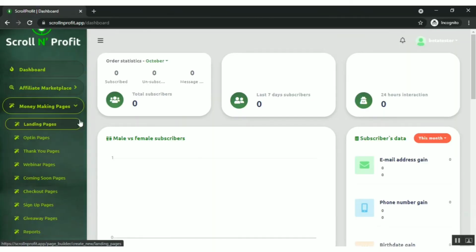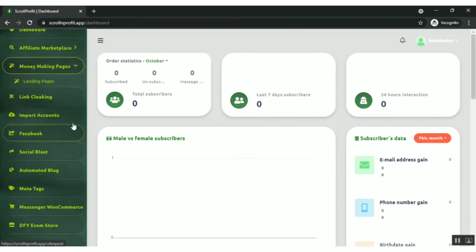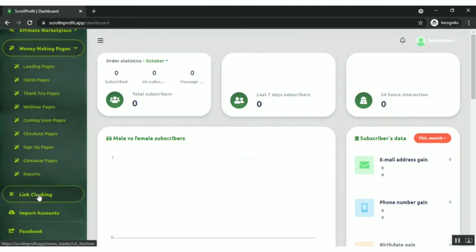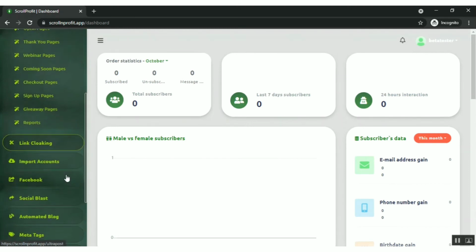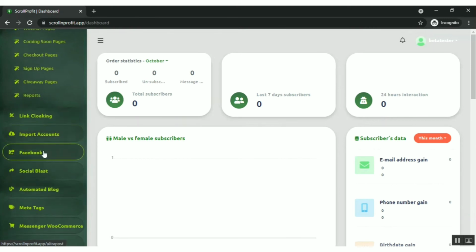You can customize them. So you can create landing pages, opt-in pages, thank you pages, and many others. After creating your pages, you can sort your page links from the link blocking section, and then the import accounts will help you to import your social media accounts into this application. After that, you can post your offers to different social media platforms, like you can share it to your